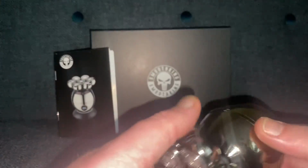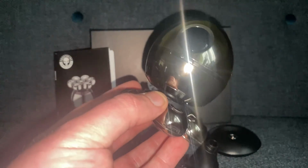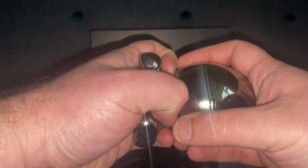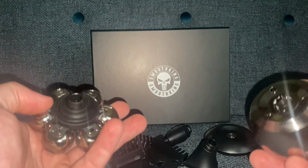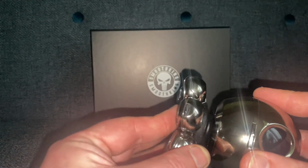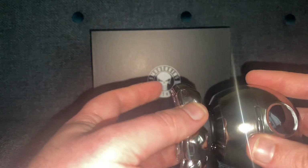Now you can replace the head on this as well. I haven't had to do that, but that's quite a simple process. You simply grab the top here, get your fingers in there, pull, out it comes. Now you can order this with replacement heads. I don't think you need to replace them perhaps as often as they say. They offer it as an option to replace it